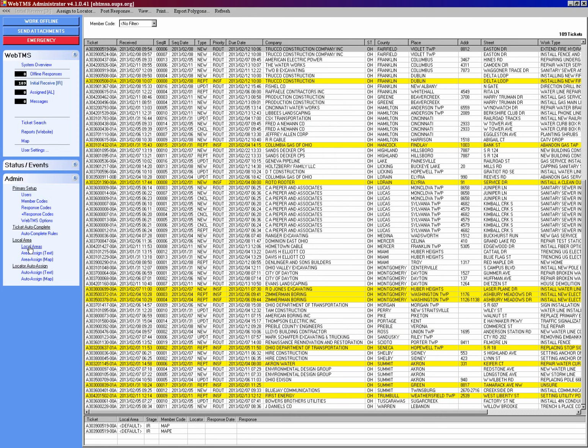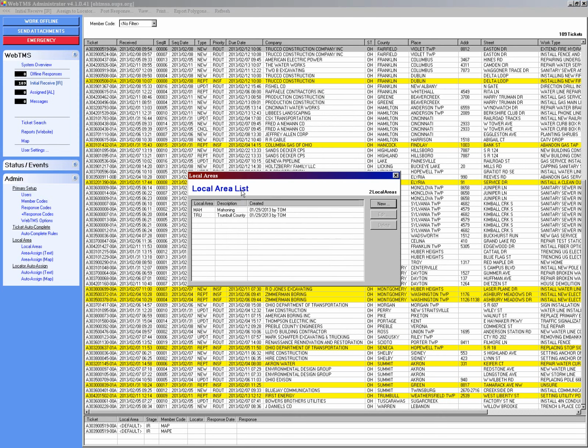Okay, local areas. I've talked about it a couple times. Basically, let's get into it a little more here. Let's say there's an administrator. There's only one administrator to everything. You can set it up where you might have 5 or 6 operators, and each of those operators are assigned a certain area. So what you can do is create these local areas, and it just sort of helps better